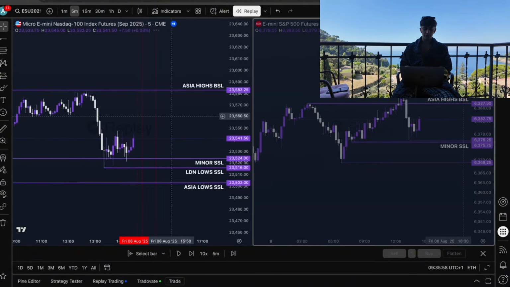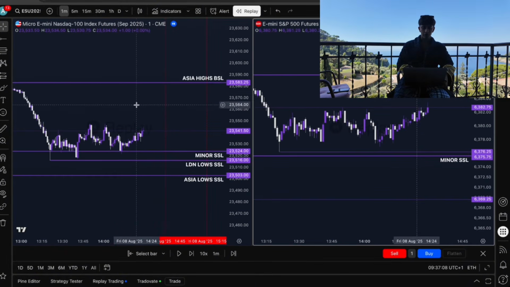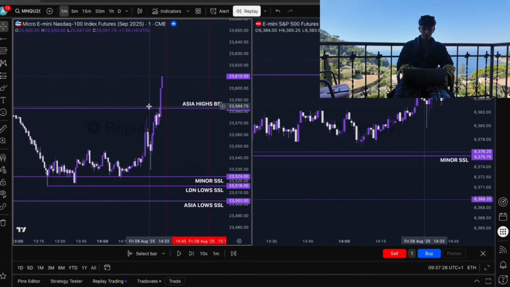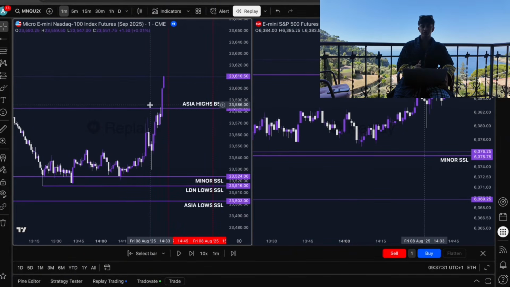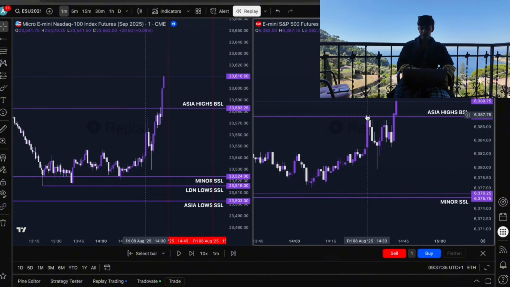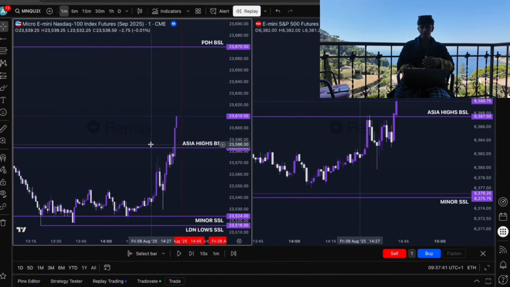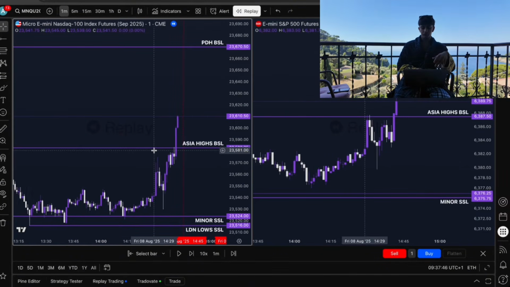So zooming into the lower time frame model, the higher time frame of the daily candle was also bullish. Looking at this overall, coming into the macro, I'm looking for longs. Coming into macro, we've taken that point of Asia highs, but Asia highs had already been swept before the session, so that draw was irrelevant for me. And then you could say that London highs got swept. But I'm looking at NQ right now, and I guess to an extent it was a little bit of a gamble